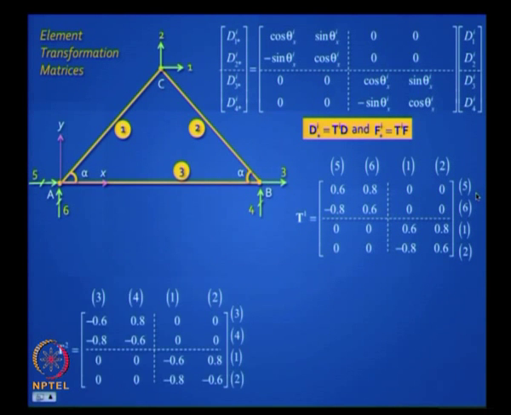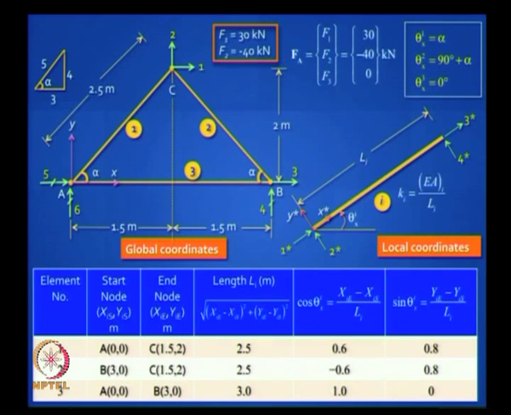Take the next one. Next one turns out to be like that. The linking coordinates are now for the second element. Well, it depends on which you chose as your start node. So let us go back. For the element 2 I could have chosen incidence from C to B, but in this case I chose from B to C. Do you understand? I do not have to break my head and calculate theta x. This will give me directly cos theta and sin theta from this formula. That is the beauty of this method. Is it clear? I get it automatically, I do not have any difficulty.